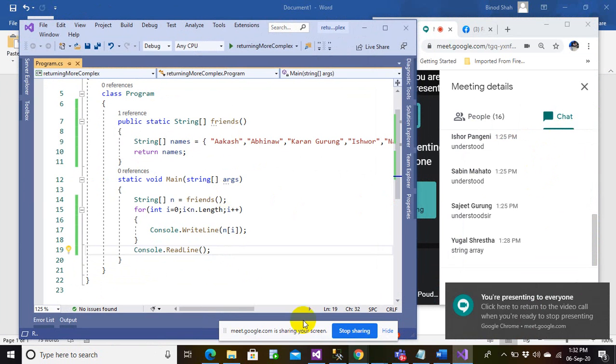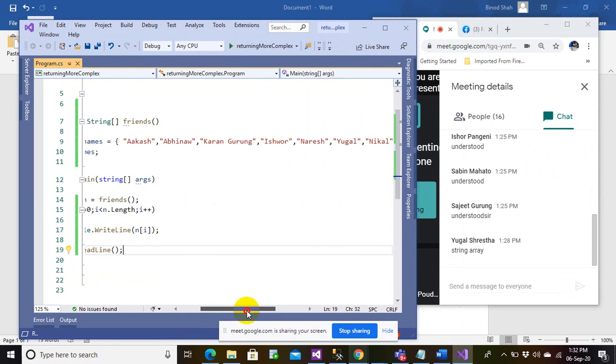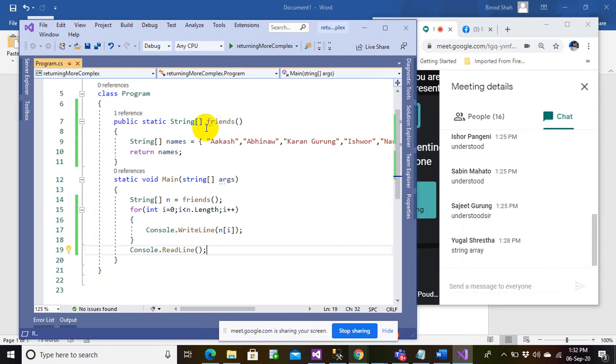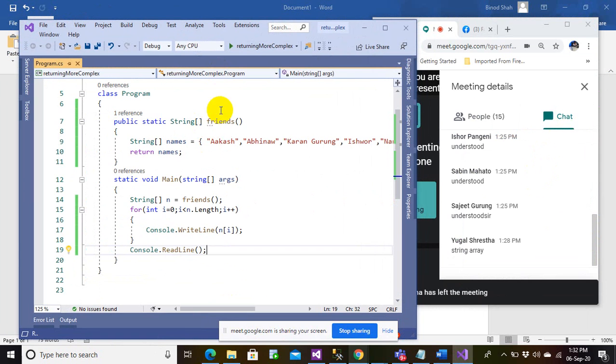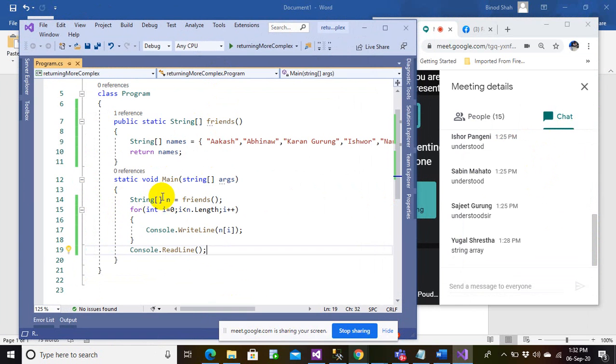So do you get this everyone? Did you understand how I created a function that has an array as a return type? I defined some array elements and returned the array. When I went to the main function, I simply had to define this array data type.